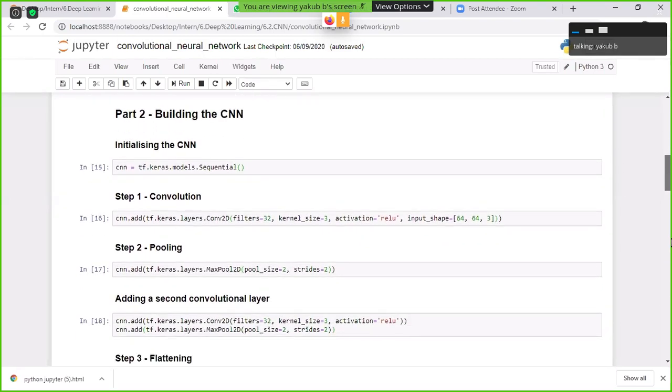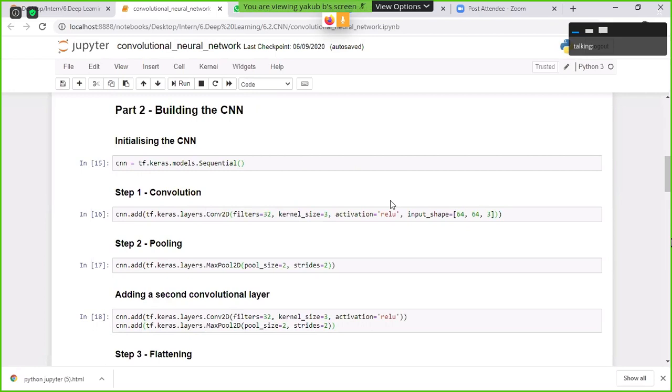After that, initially we need to specify the convolution layer. From Keras we have layers, and on that we need to use the two-dimensional convolutional layer. For the image, I want to apply 32 filters.